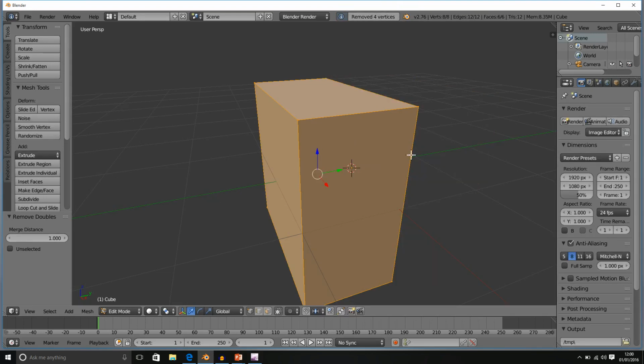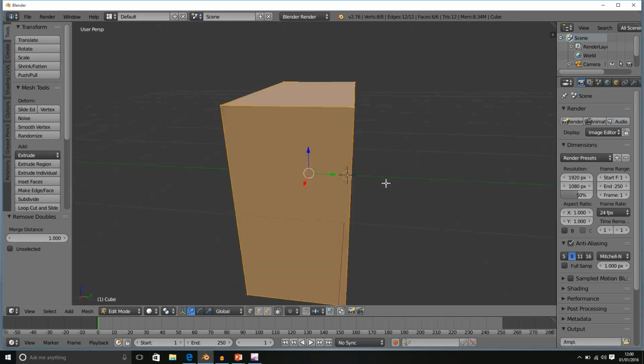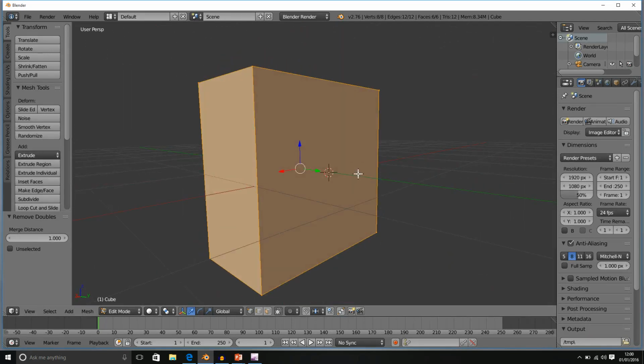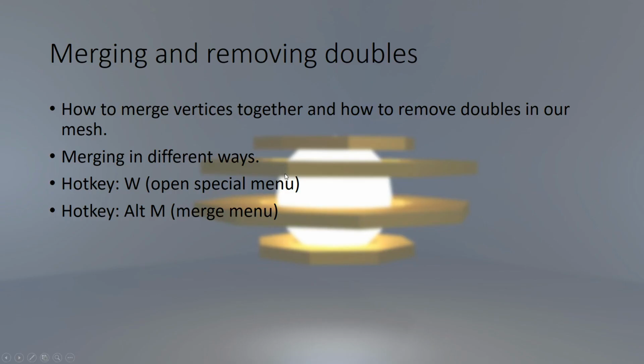And actually, because this loop was closer to the back end of our cube, it's merged with that side. So there we go. That is how we can remove doubles. So now we know how to remove doubles, and we know how to merge vertices. I will see you in the next lecture.